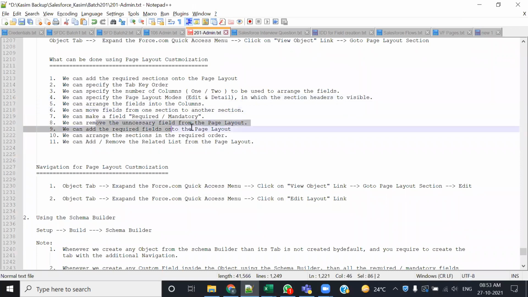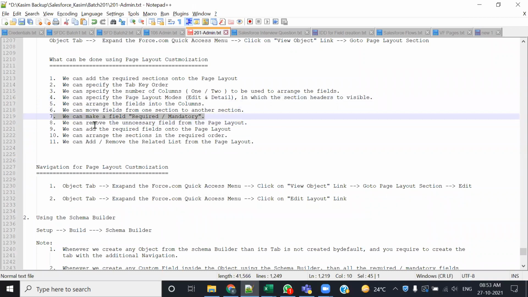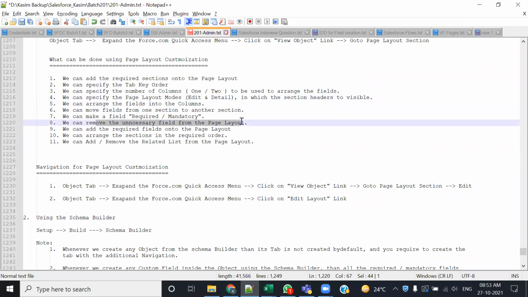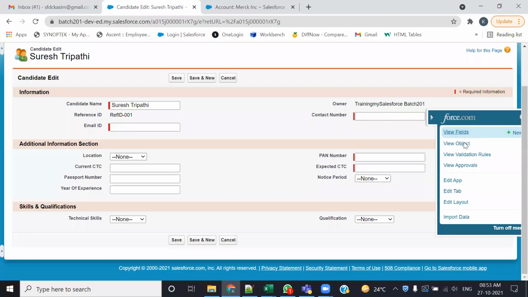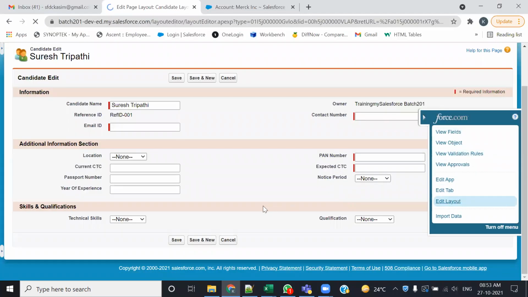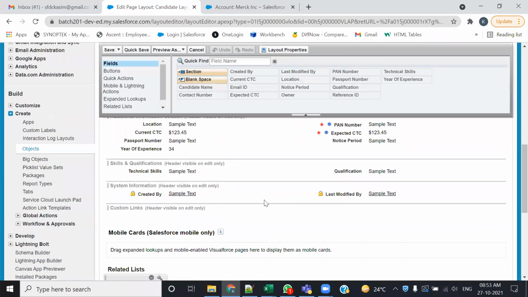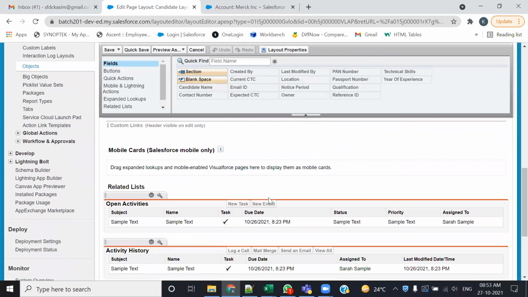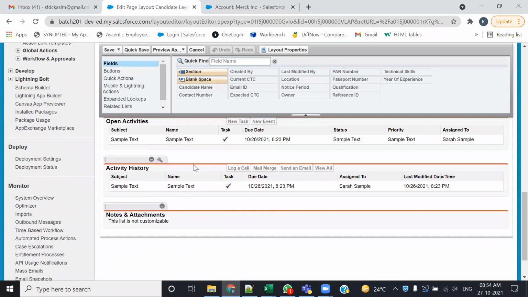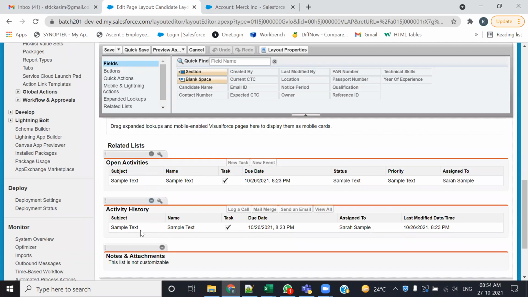ठीक है। अननेसेसरी फील्ड्स कैसे रिमूव करना, ये रिक्वायर्ड का मैं कल बताऊंगा। अननेसेसरी फील्ड्स कैसे रिमूव करना वो भी अभी बता रहा हूँ आपको। एडिट लेआउट, there are few fields that are additionally present over here, कुछ फील्ड जो एडिशनली प्रेजेंट है। ठीक है, अगर कोई बाय द वे फील्ड्स है जो एडिशनली प्रेजेंट है, for example रिलेटेड लिस्ट में जाता हूँ तो ओपन एक्टिविटीज, एक्टिविटी हिस्ट्रीज, नोट्स एंड अटैचमेंट, अगर ये एडिशनली प्रेजेंट है, आप इसको हटाना चाहते हो, just press the